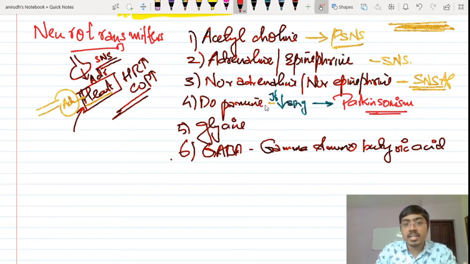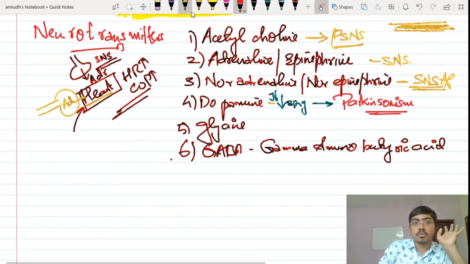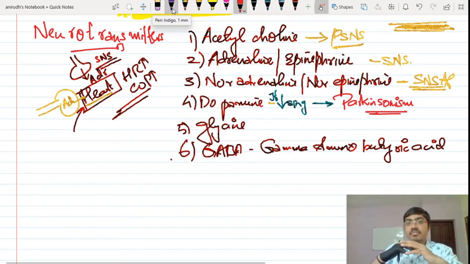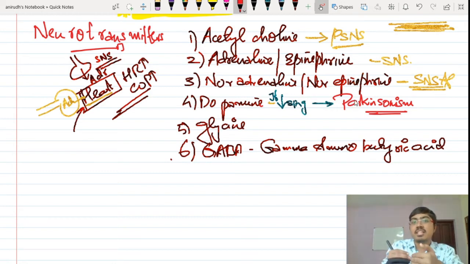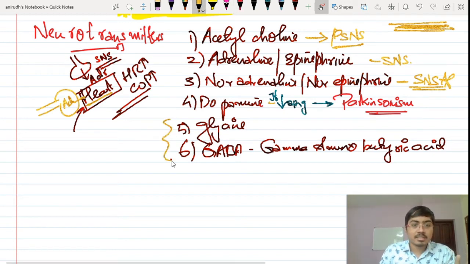Dopamine is decreasing. Dopamine is an excitatory neurotransmitter over here. That means when you have it, your activity will increase and muscles will start contracting. So for all the active movements of the body, you might need dopamine. When that decreases, the body will become depressed and will show fewer movements. The only point to remember here is GABA and glycine both are inhibitory neurotransmitters.